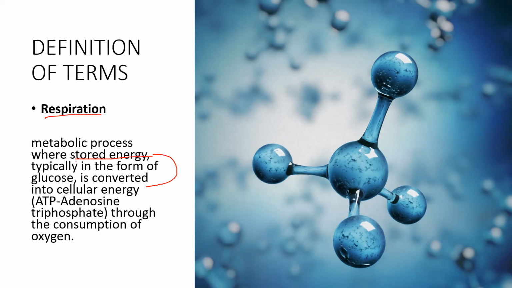Pag-aaralan natin later on kung anong ibig sabihin ng ATP upang mas maintindihan natin. So, ulitin ko, the respiration is a metabolic process of stored energy. Ito yung storage of energy wherein yung product niya ay ginagawa sa cells. Okay? Once na na-convert or na-process yung food doon sa loob mismo ng cells, they are so-called cellular energy. Ang tawag mo doon sa product na yon is the ATP or the adenosine triphosphate. Okay?